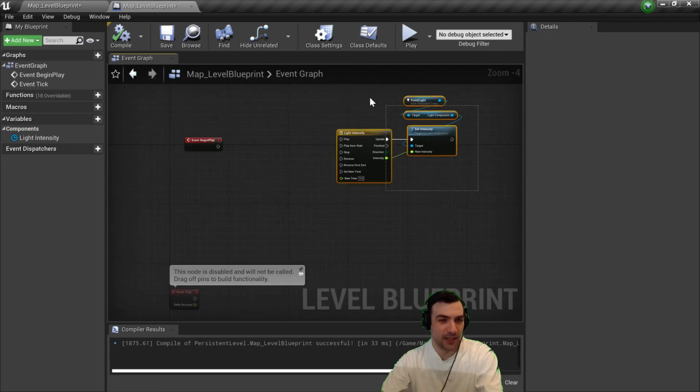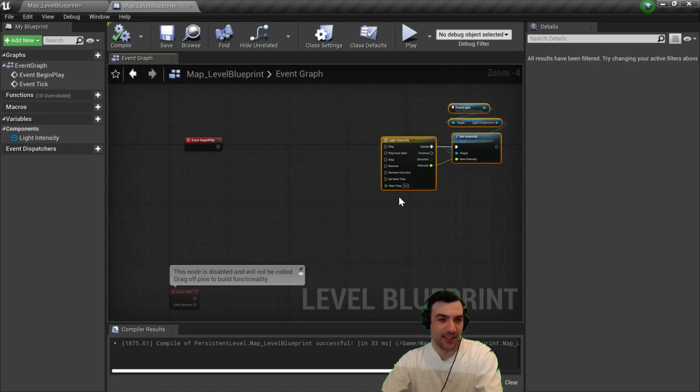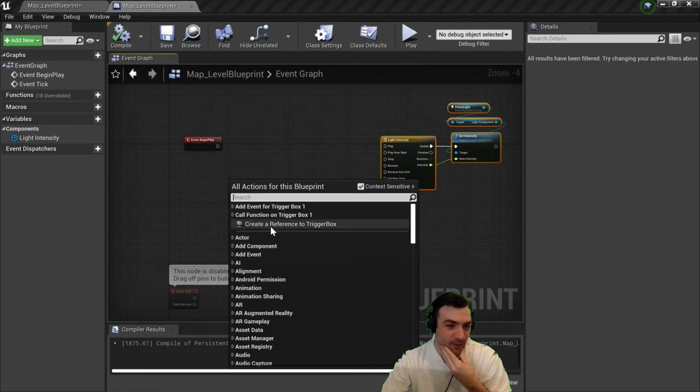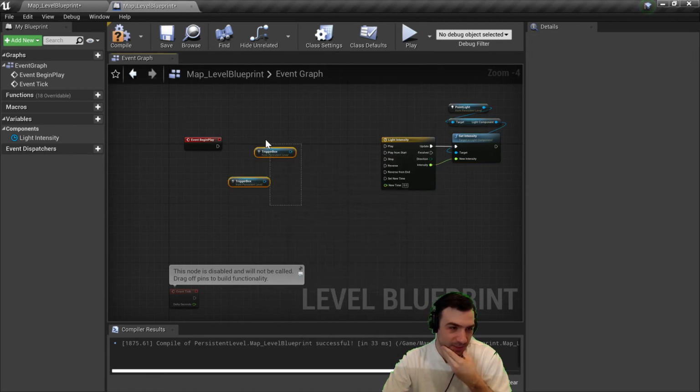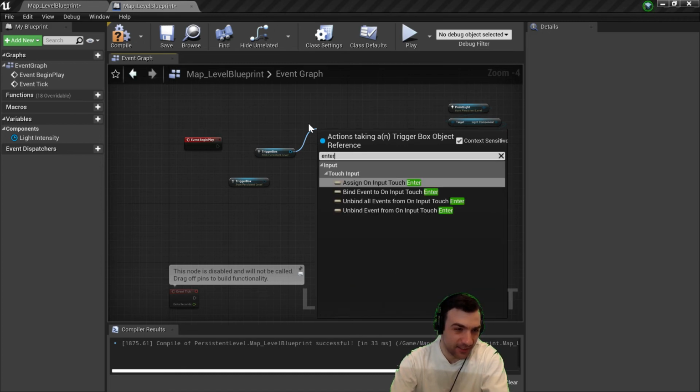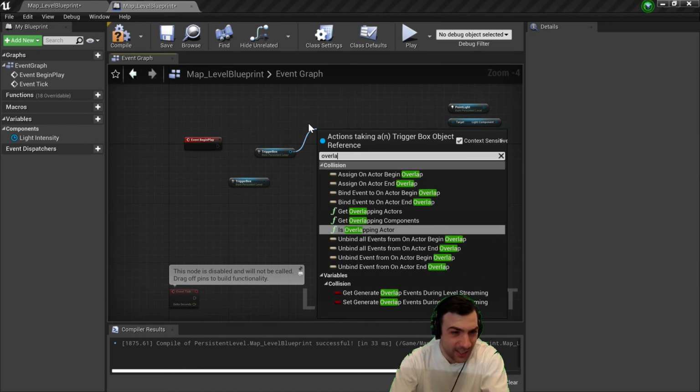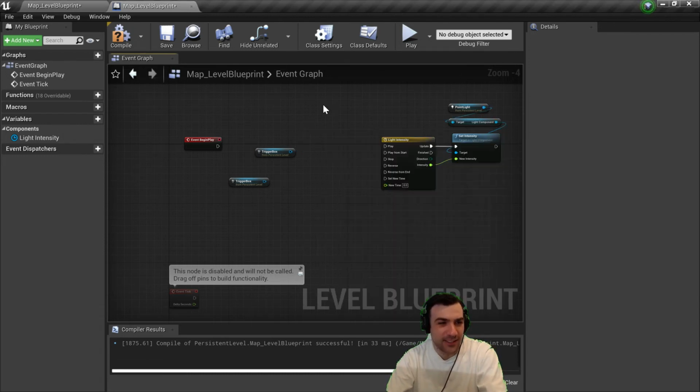And I need to have kind of an enter and exit event that can trigger this in different directions. So if I right click, I can create a reference to the trigger box like I did with the point light. I can have multiple references too. But it's not quite what we want to do. You might think, oh, could I drag off and say enter? And it's like touch input, I overlap, I get overlapping actors. It's all kind of there, but